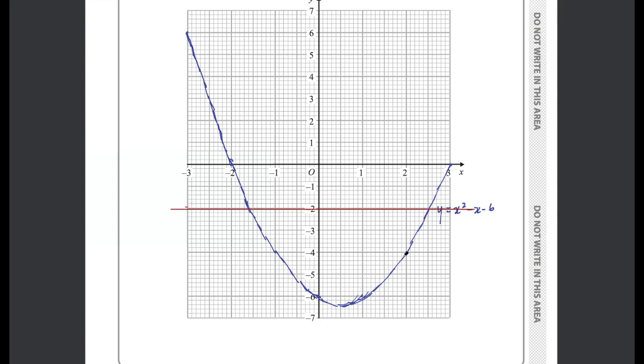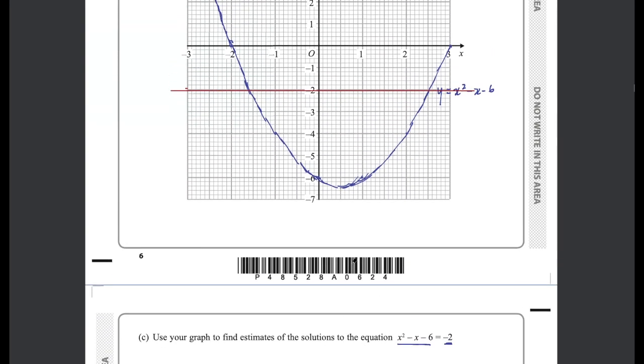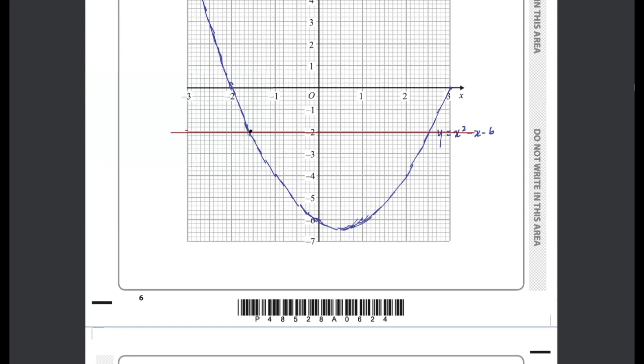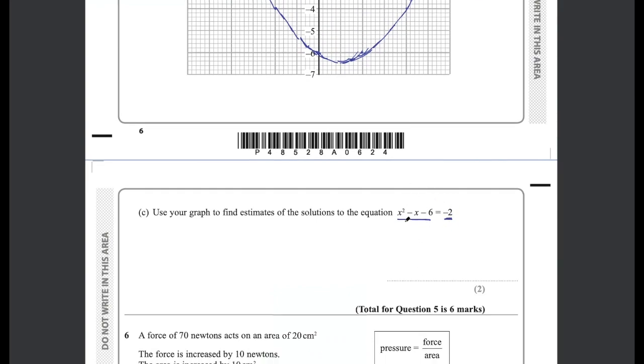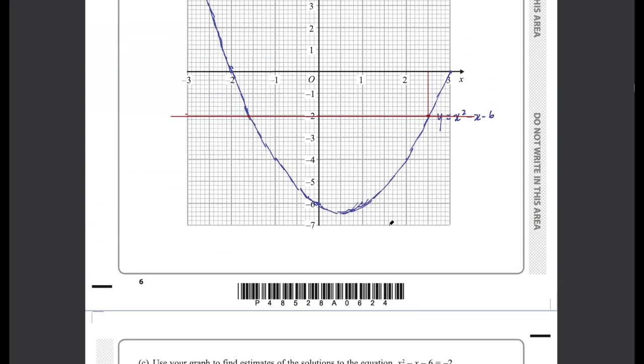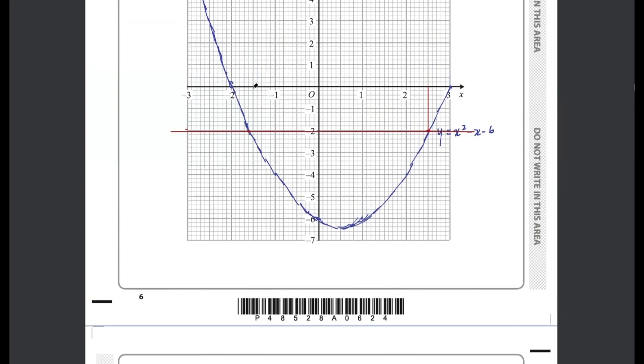And then the solutions are where this horizontal line and the graph cut, so where they intersect. And you'll get 2 points there. This one looks fairly clearly like it's on 2.5 on the x-axis. And just to be clear, we are looking for solutions for x, right? This equation is in terms of x. That's the unknown, so we're looking for solutions for x. And this one here is at about, well, this is -1.5, and each little line is 0.1, so this will be about